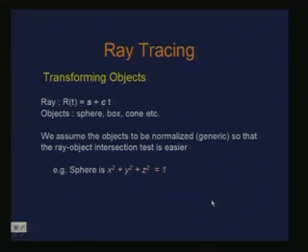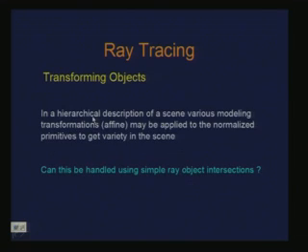right. Now, the question being posed is that if I take this sphere and perform a transformation to this, how does the ray tracing change? That is the question we are trying to address. That is where I said that this is particularly pertinent if we have a hierarchical description of a scene, where we would like to have instances of a simple primitive using modeling transformation. Then the question is, can we still handle the ray object intersection in the same way,